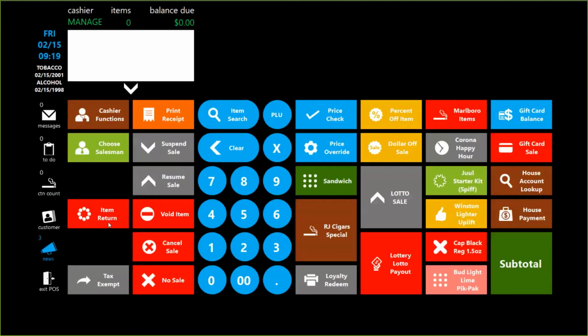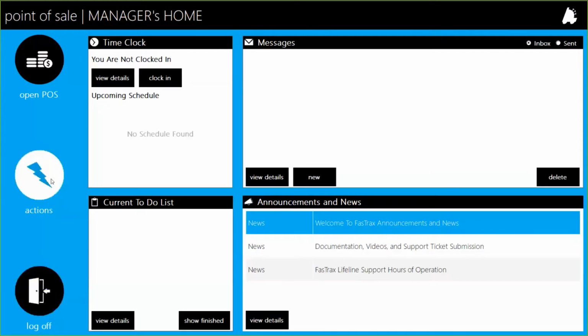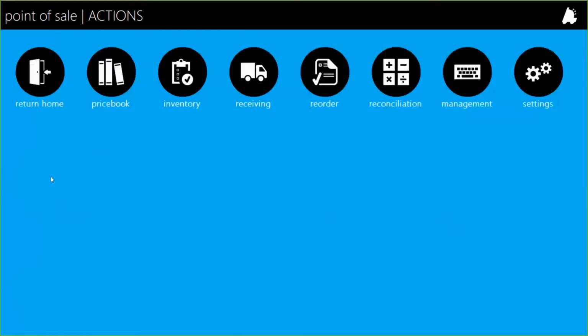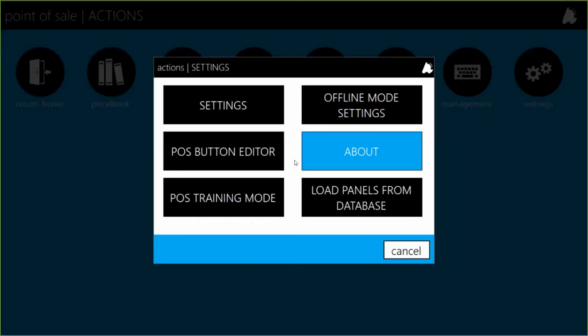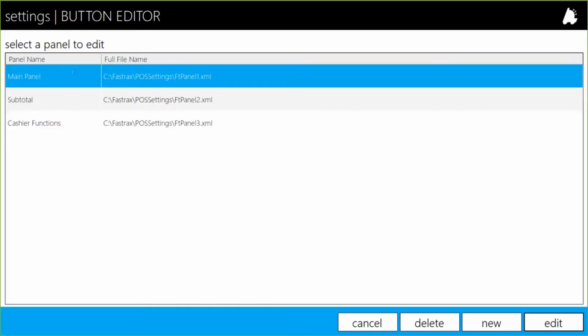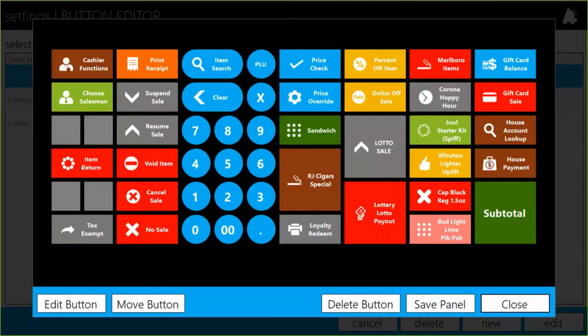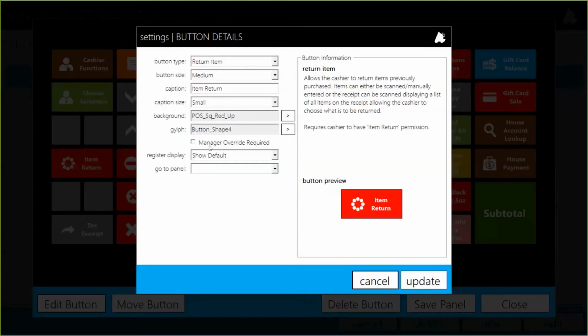Now, why is that? Well, if we go back to our button editor, we can see that that button actually exists on the button editor. We go to the edit button. There's not a manager override required. There's nothing there that would seem like it's being hidden. It's because it's based on a permission. So if we go back to director